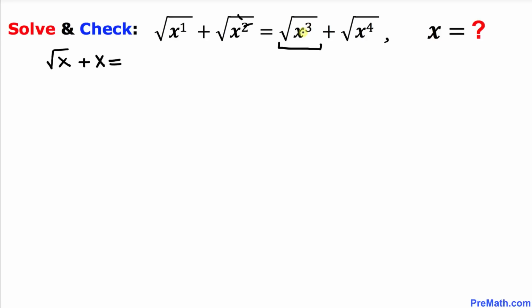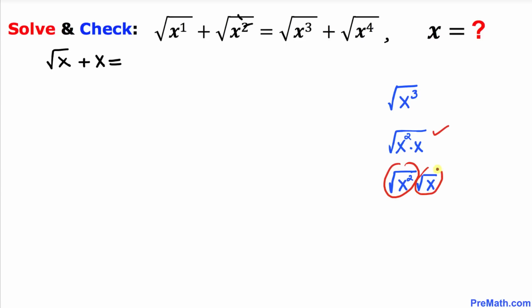Now let's focus on the term on the right hand side, square root of x^3. Here I have copied it down. Now this radicand x^3 could be written as x^2 times x. Now we can break them down, and they could be written as square root of x^2 times square root of x. Now we can see that this square and square root undo each other. So that only gives us x times square root of x. So this term on the right hand side could be written as x times square root of x, and then plus,